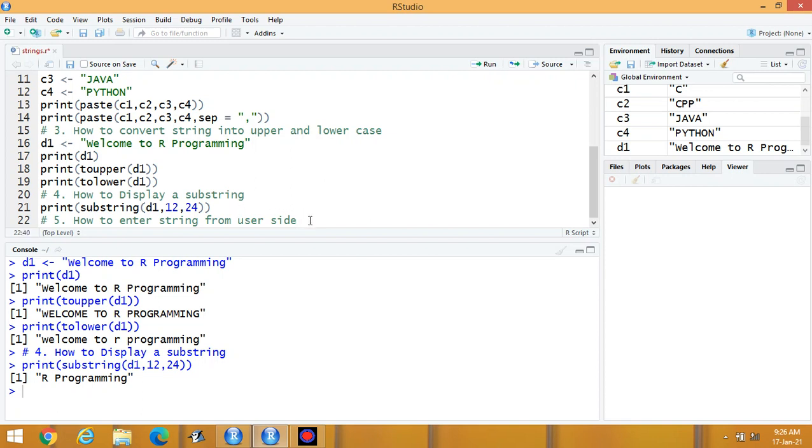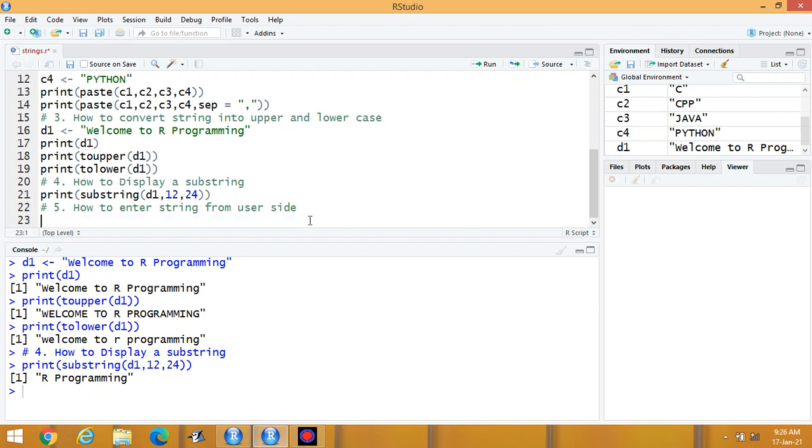Now, the last one is how to enter string from user side. Let E is the variable. Because I have to read the content from user side, I have to write readline, then prompt, whatever I have to write, enter your name.